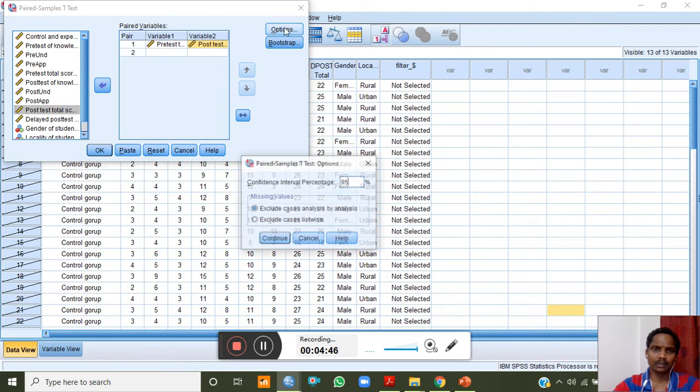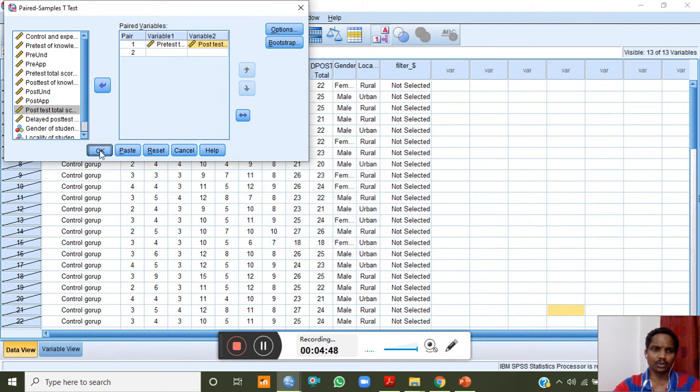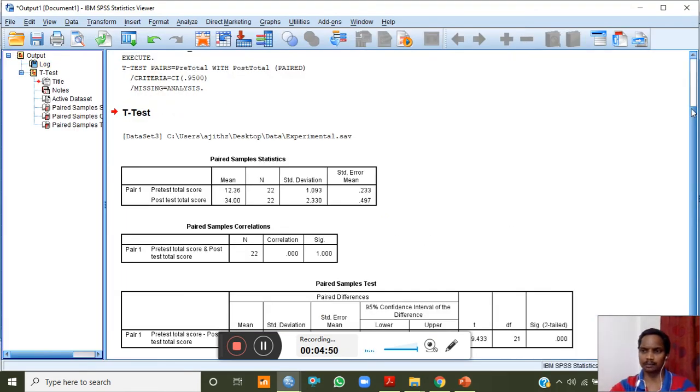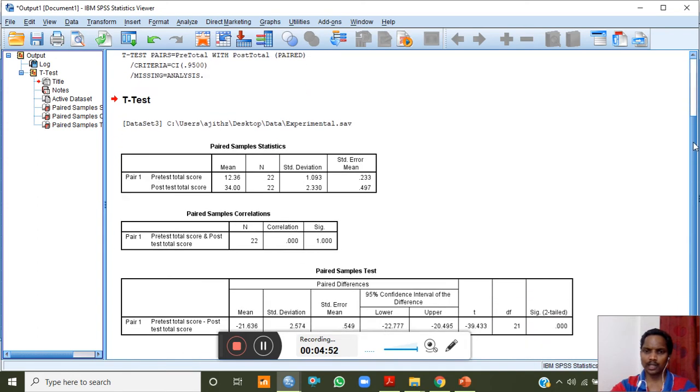You can see options, everything is okay, you just click on that. So now you can see the result, paired sample t-test. The pre-test mean is 12 while the post-test mean score is 34. So this itself indicates that there is a huge difference in the mean scores in the academic achievement.